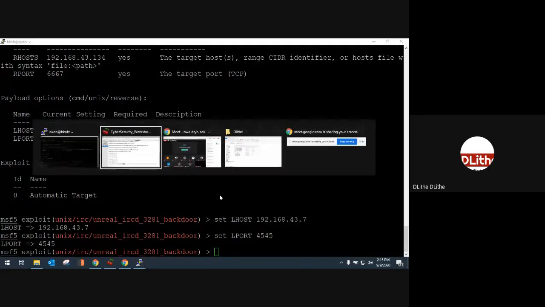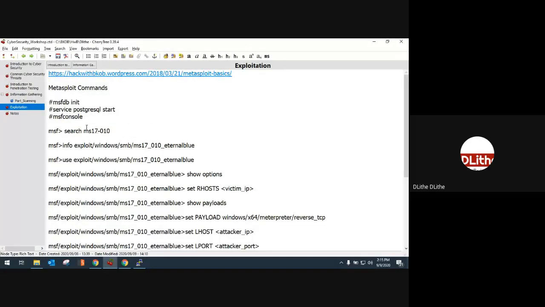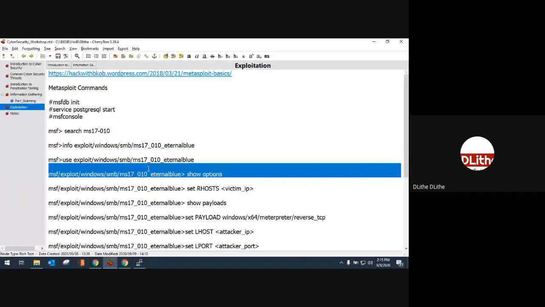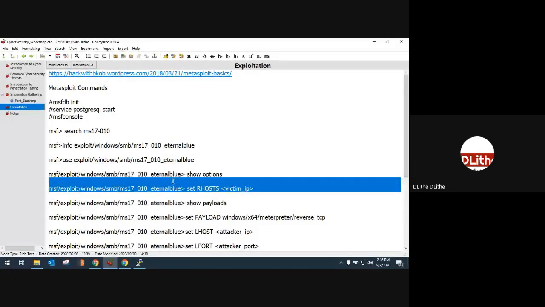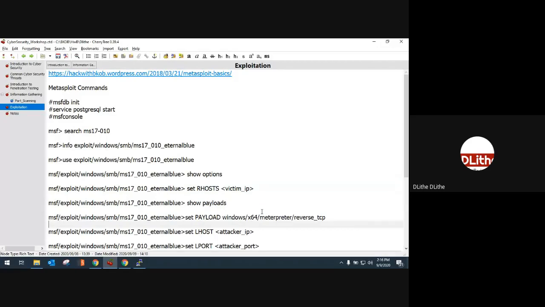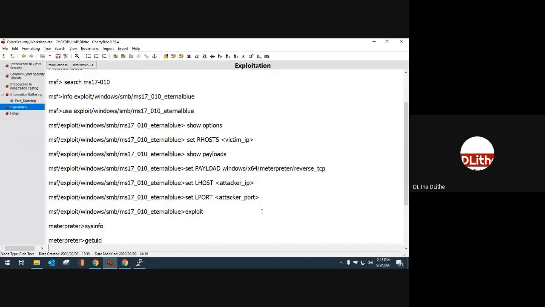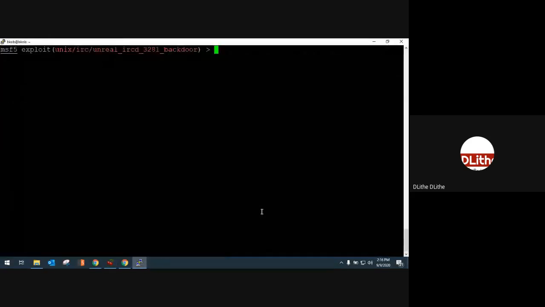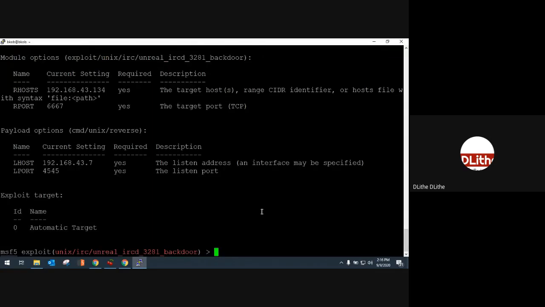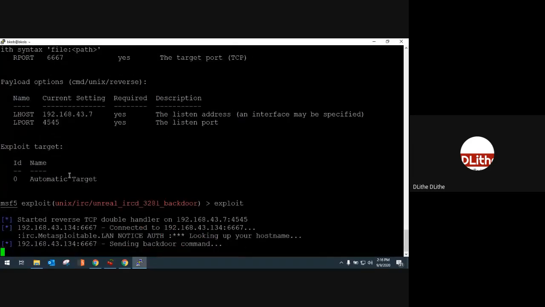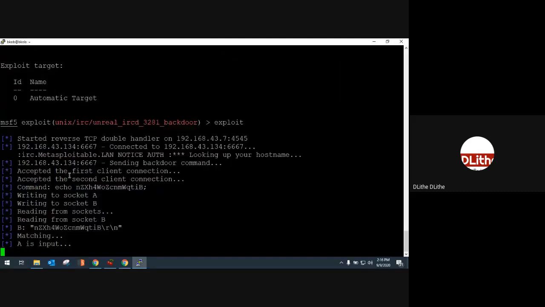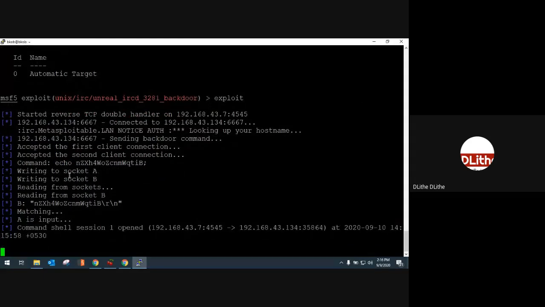The process is exactly the same as what we did yesterday. If you recall, we first searched for the script, we learned about the script, we imported the script, we saw what information is required, and then we set our host, we set the payload, and then we gave the attacker machine's IP address and port number, and later we exploited it. So the process would be exactly the same. Okay, now everything is set. Let me show options right away. The RHOST is set, RPORT is set, LHOST is set, LPORT is set. Now everything is ready. Let us just hit exploit and hit enter. This will connect to my victim computer, and in a few seconds we'll be able to get the access.